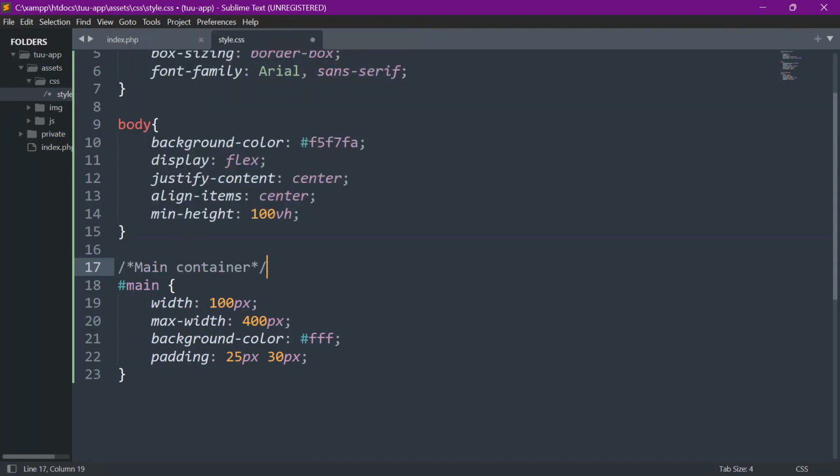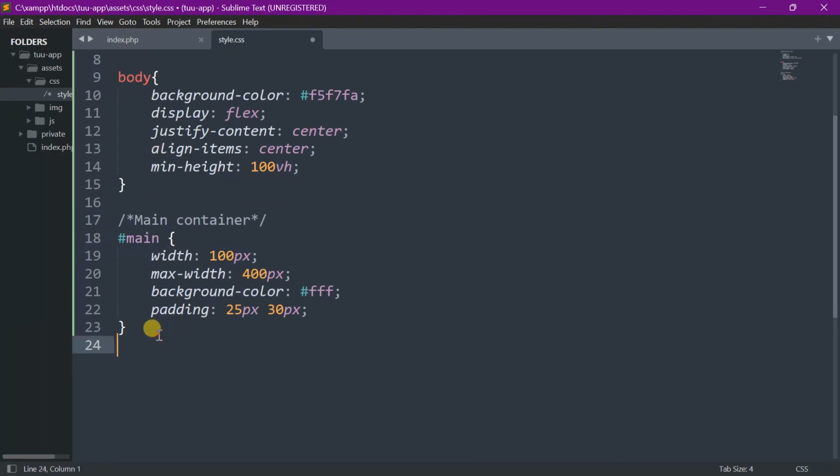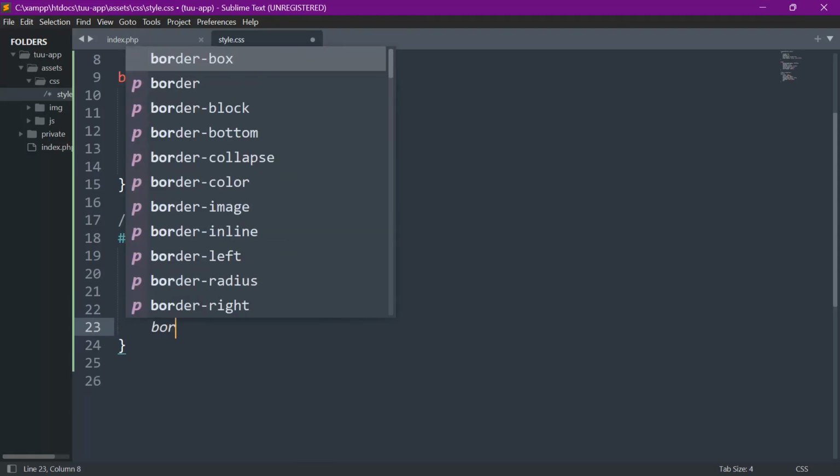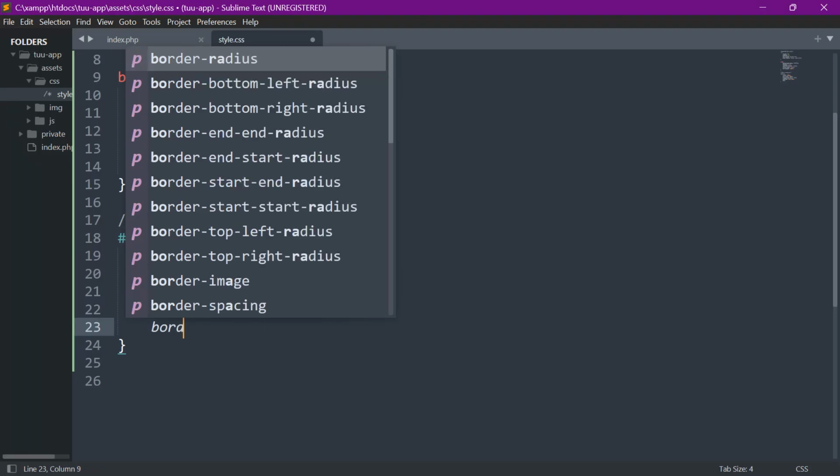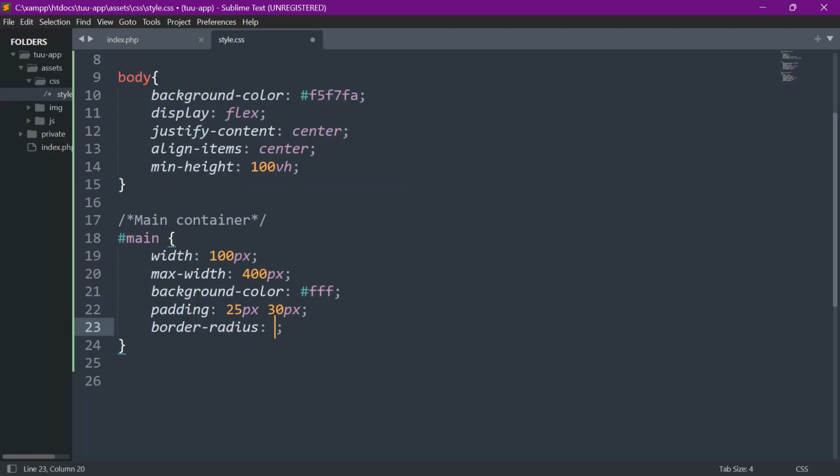For quality, main container. Here, the body of the background. Yeah, so that is the starting. So, those are some of the styles we have so far for the main. However, we shall try to add, as the heading, border radius. Border radius of, for example, 20 pixels to have a bit of curved corners